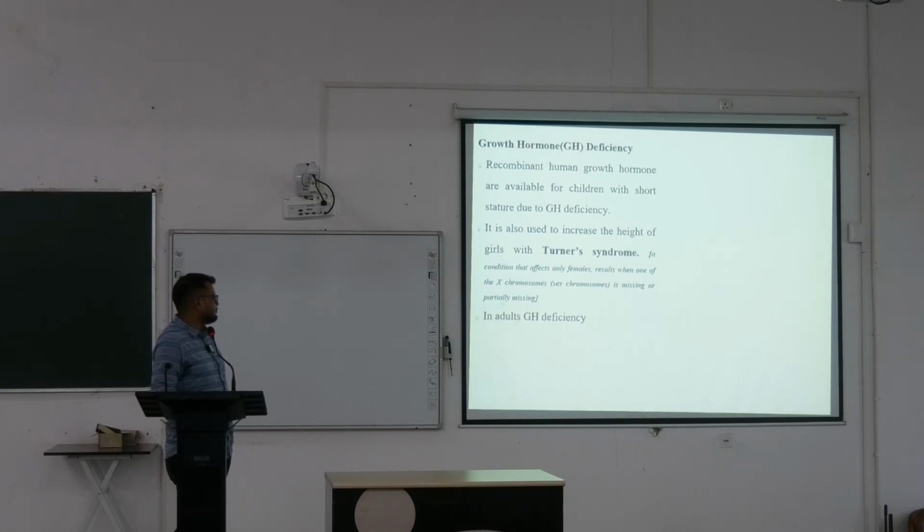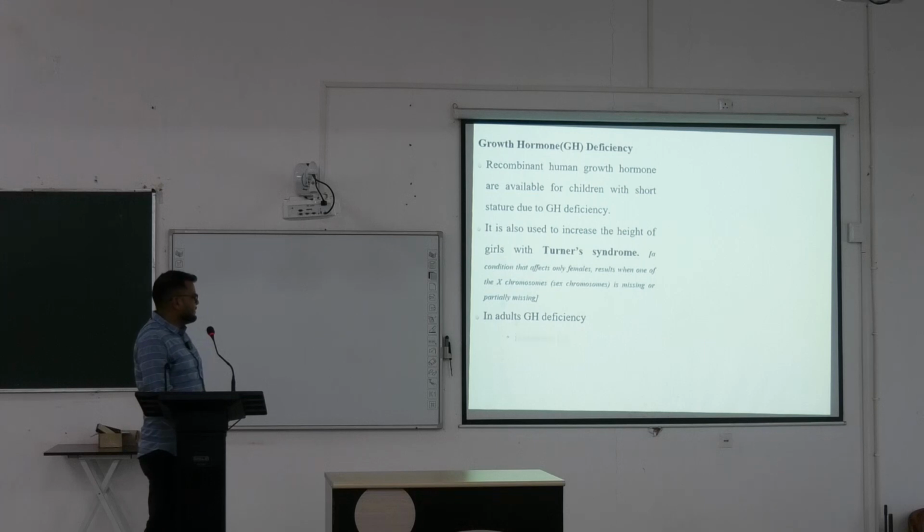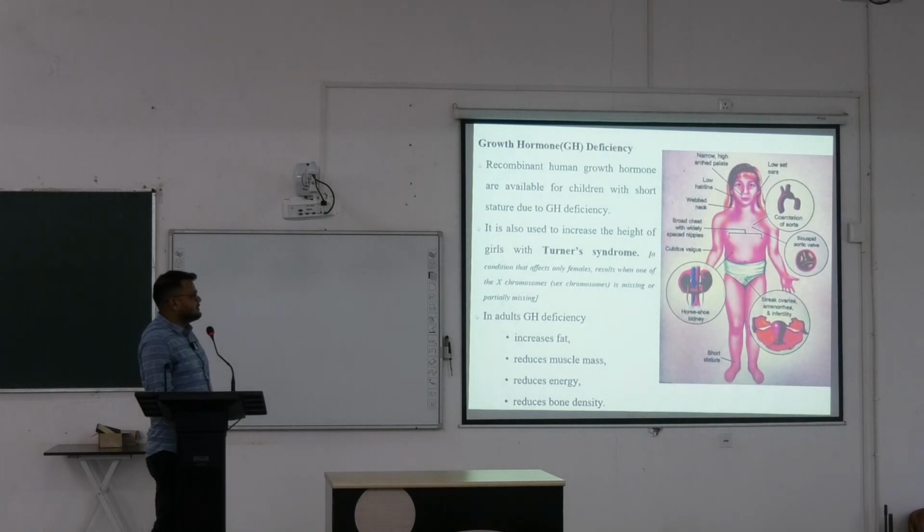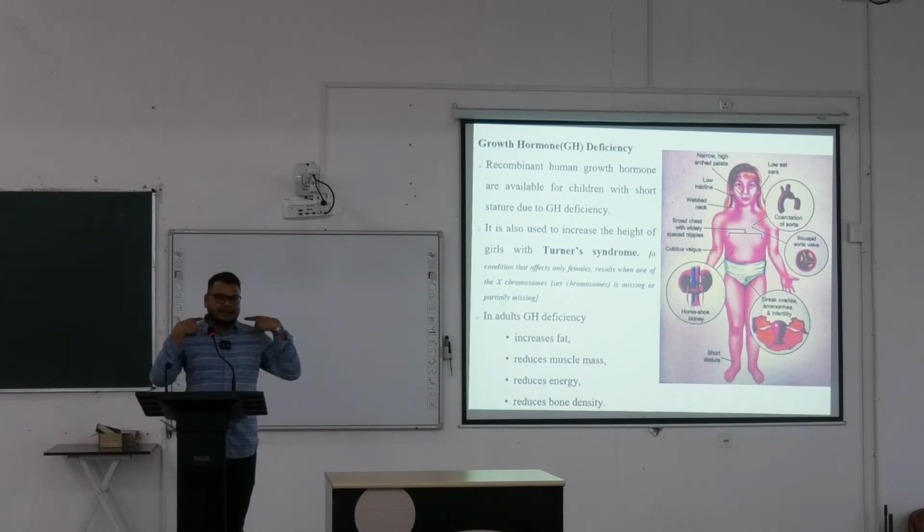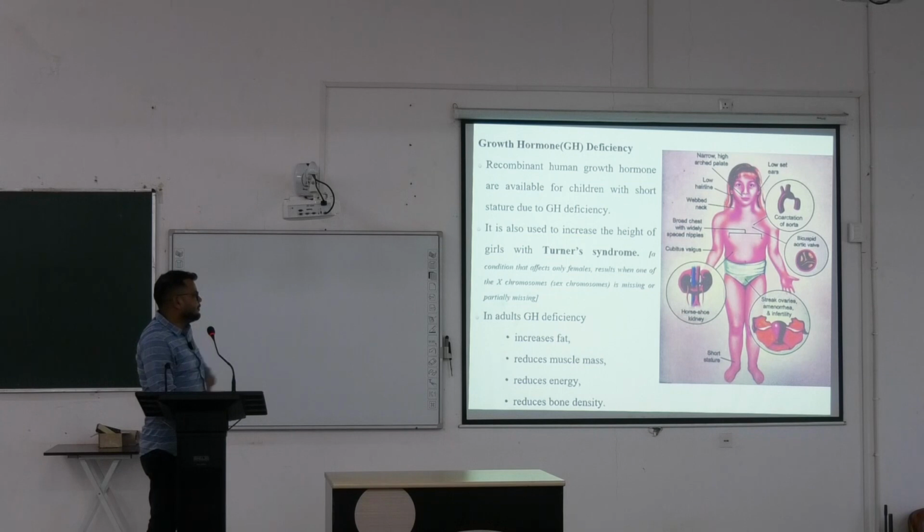partially missing. In adult GH deficiency, increases fat, reduces muscle mass, reduces energy and reduces bone density. So that is the Turner syndrome. You see webbed neck, okay, neck ta erokom ঘাটটা, webbed neck, okay, এবং শর্ট হাইট, okay, that is called Turner syndrome. কি হয়? যে একটা এক্স ক্রোমোজোম মিসিং থাকে, সেখানে আমরা গ্রোথ হরমোন দেব।